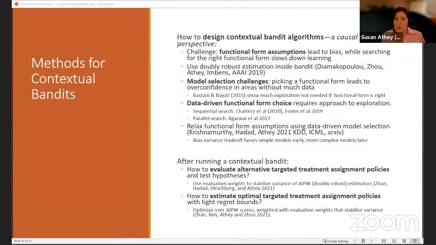So I'm sorry, again, I don't have a clean answer. There's not one paper that I think really solves this problem, but I would love to solve it. It's one step at a time. I had to go backwards from the contextual bandits to the simple bandits to even get to the hypothesis testing.